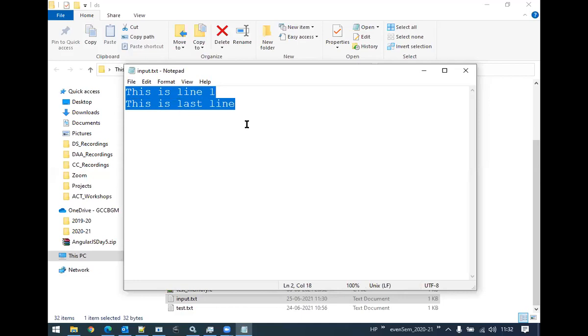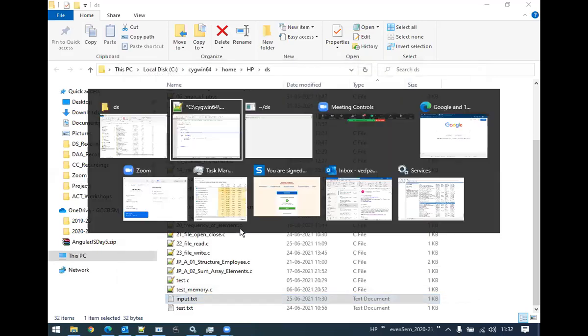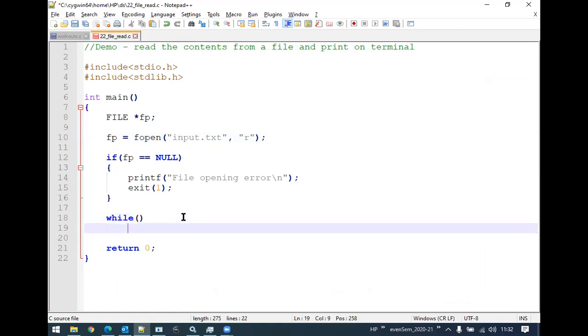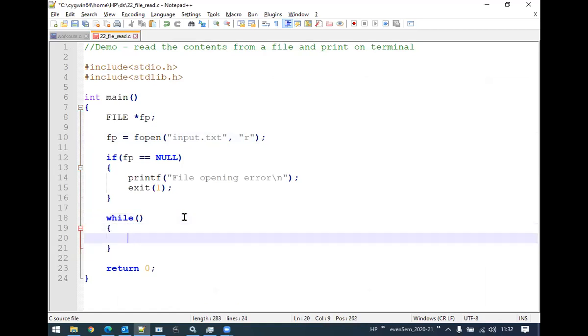As soon as I reach the end of the file, I should stop reading the contents from the file. That means I need to use an iterative statement. A while statement would be more appropriate here. I need to write a while statement and a body for that while statement. Now, in the while statement, what should I do? I should read the character from the file. Which is the function which will help me to read a character? That is called getc, right? We studied this in yesterday's class, getc.